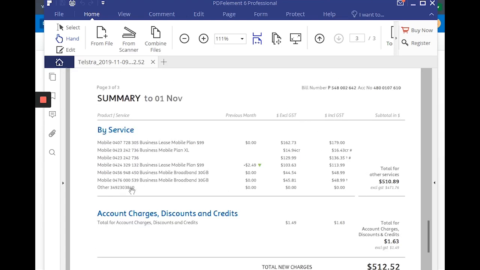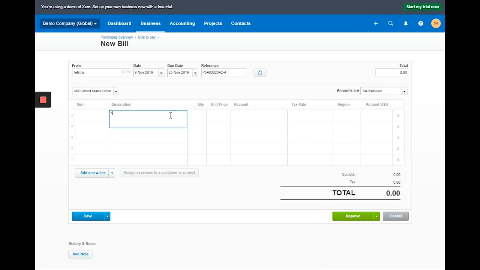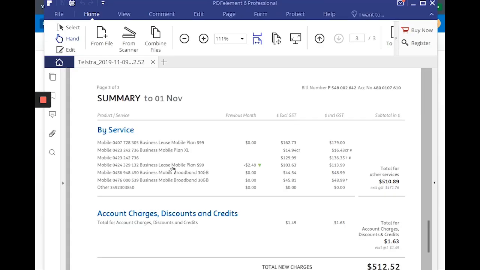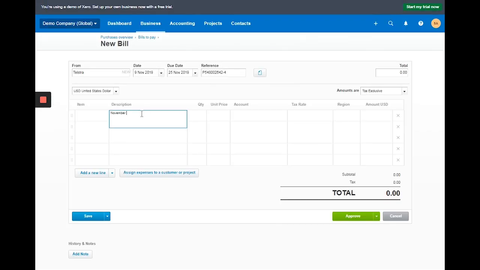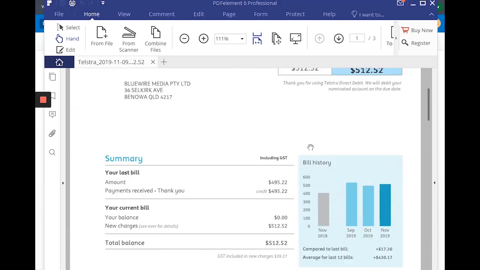So I usually sum up with something like November mobile services. So November mobile services, the total is